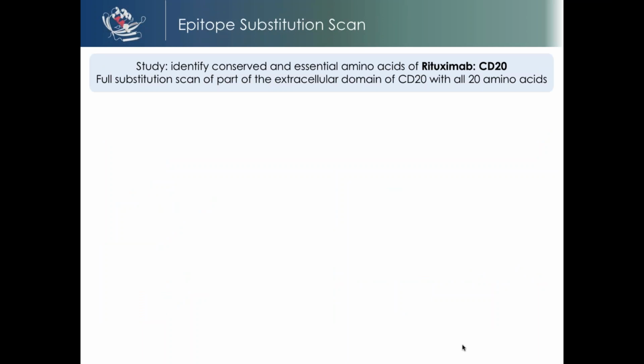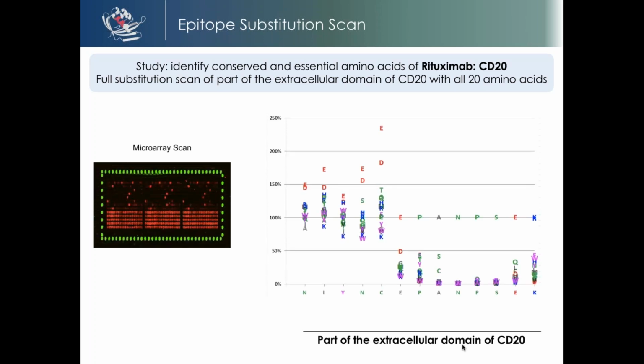Okay, so now moving on to the substitution scan. We're just going to use the same case study, the rituximab CD20, to illustrate how this works. So we took that part of the extracellular domain of CD20 and we printed it onto the microarray, and we performed